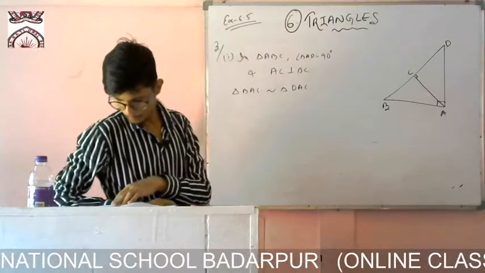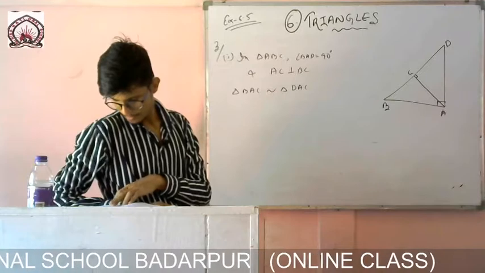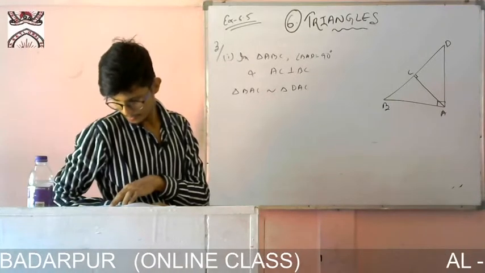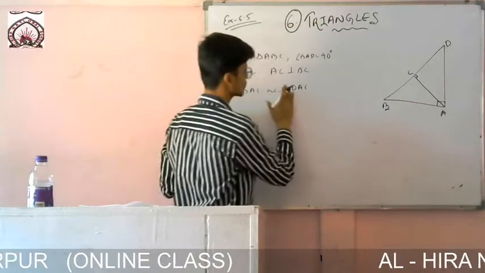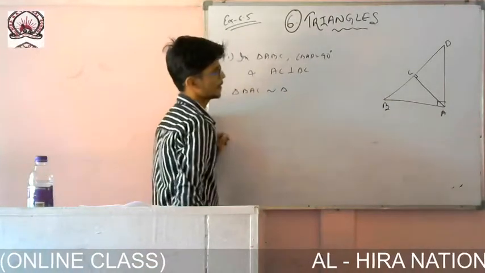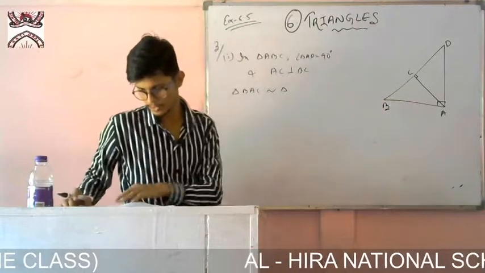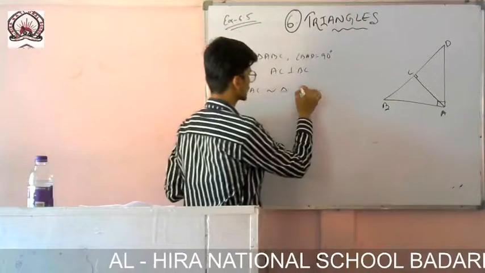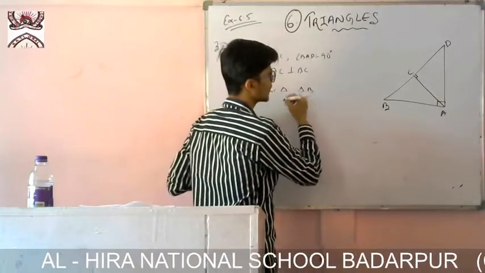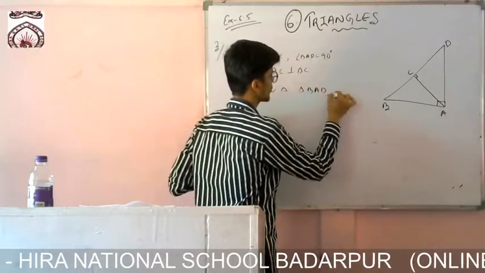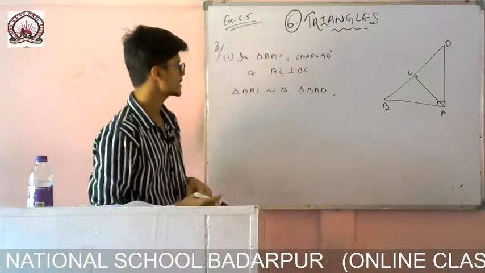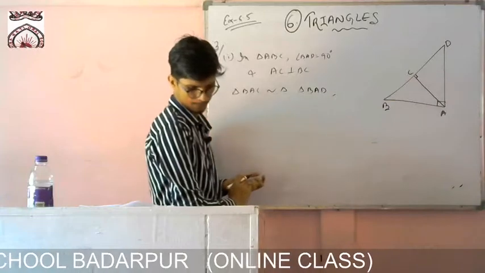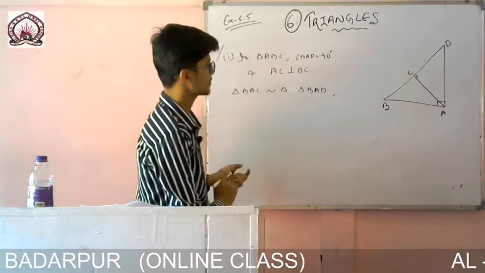So what you have to prove? AB square is equal to BC into BD. You need the full side, so you cannot relate it with this one. Be very careful in the first one, BC into BD is given, BD meaning the whole side. So you make this one similar with triangle BAD. Now you will get it. So BAC is similar to triangle BAD, or BDA, it's up to you.